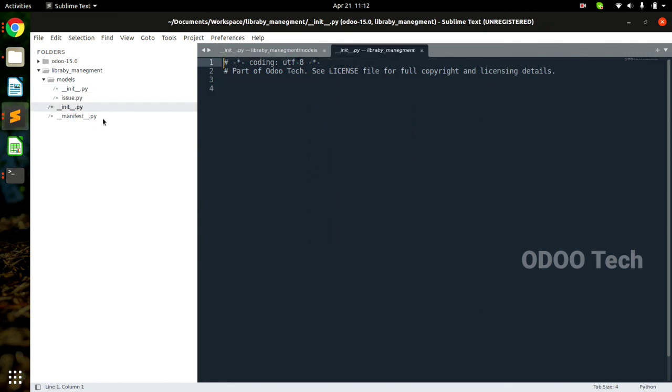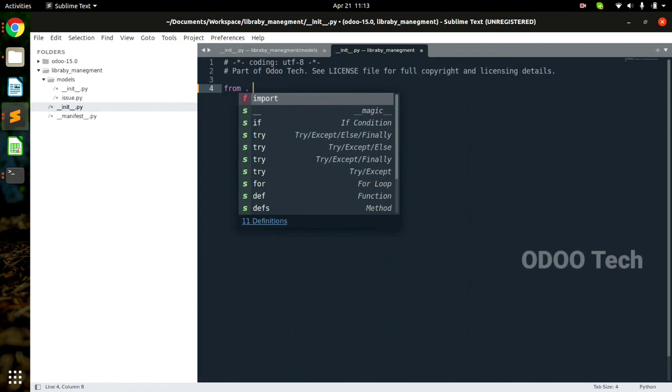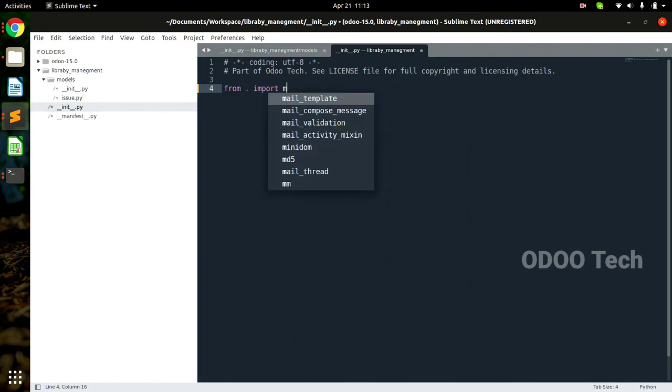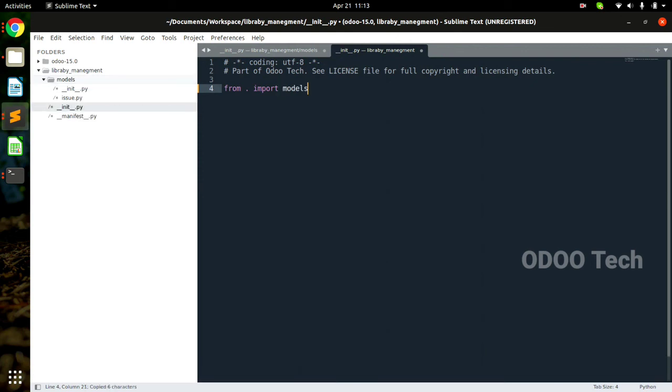So in the main init file we have to introduce this folder, which is models. So I'm gonna write from dot import and our folder name. Always copy. So right click, new, copy, paste it. Okay, so we got a link from init to this init and then issue. So our file is imported successfully.